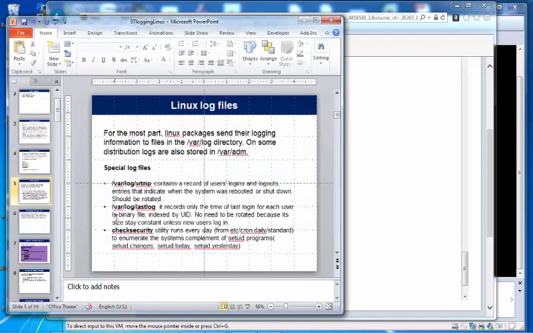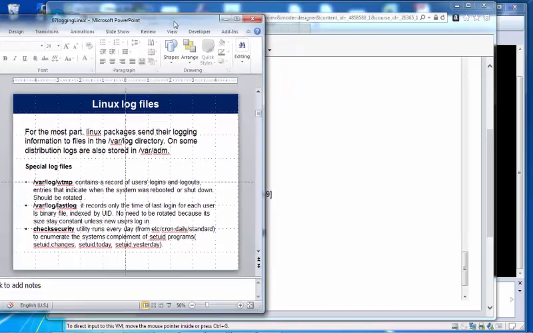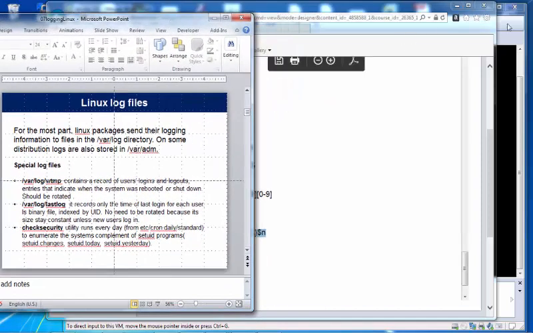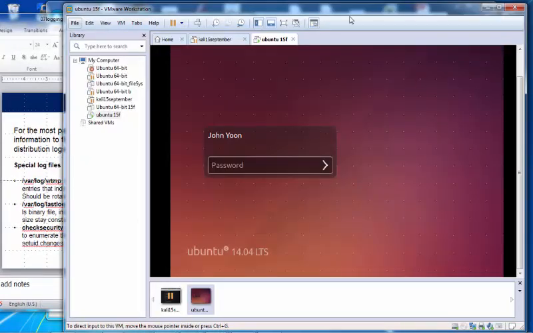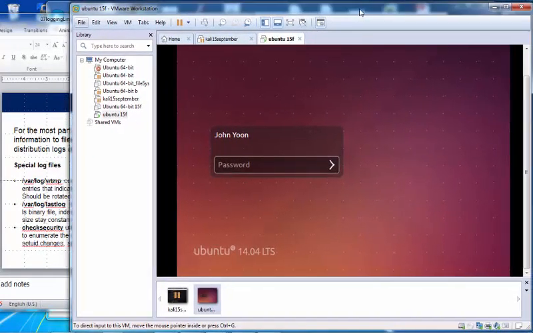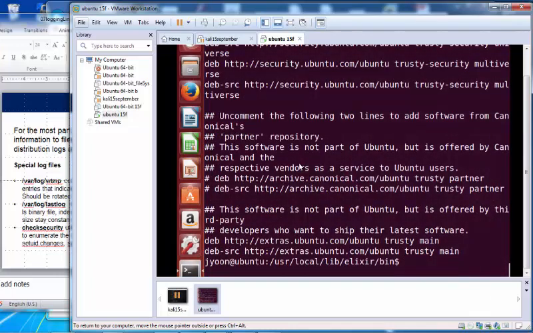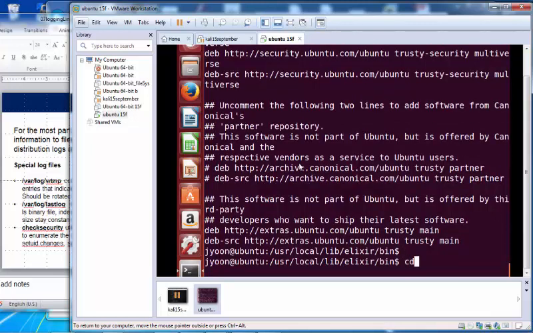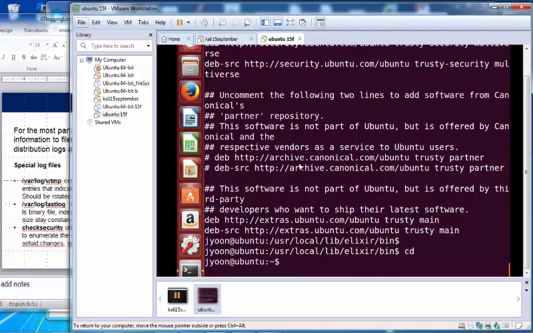So what I want to know is the Linux log files location. So open up Linux. Log files are stored in the var directory.